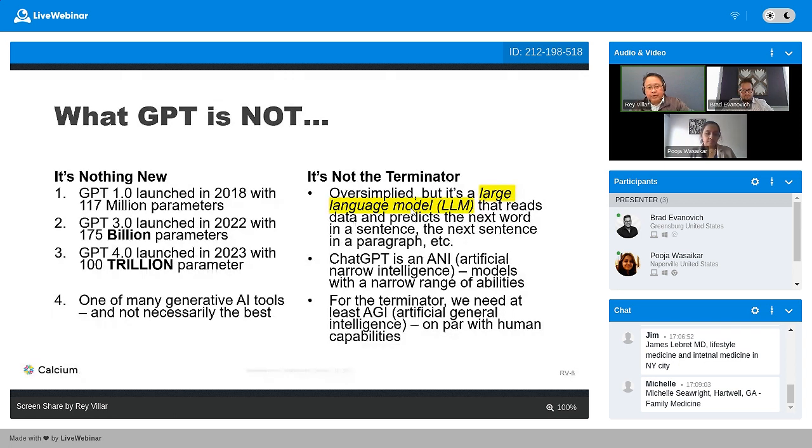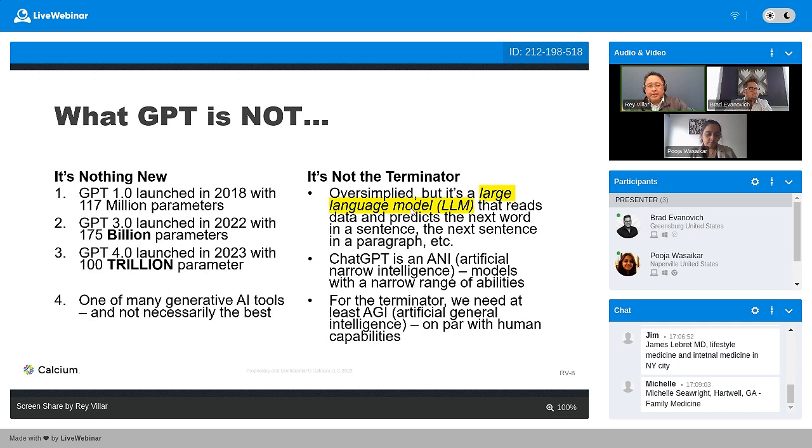But here's the thing, as I mentioned before, it's only one of many generative AI tools out there, and it's not necessarily the best. Over the coming weeks and months and probably years, you'll see other AI tools compete with GPT. For those of you who are over 30, you probably remember AOL. They were one of the first ones out of the gate in the consumer internet boom. Nobody knows them anymore, and you're probably going to see a lot of that. But GPT did open a lot of doors for generative AI, much like AOL did when it started mailing out those DVDs or CDs before.